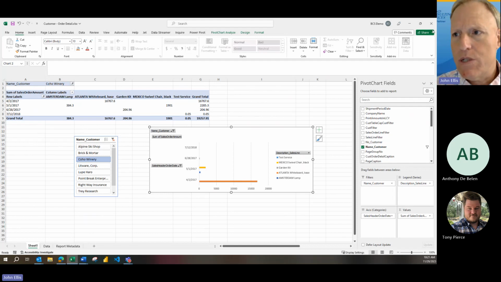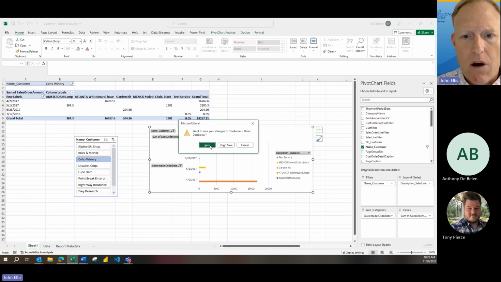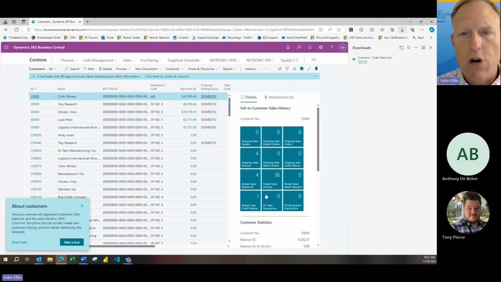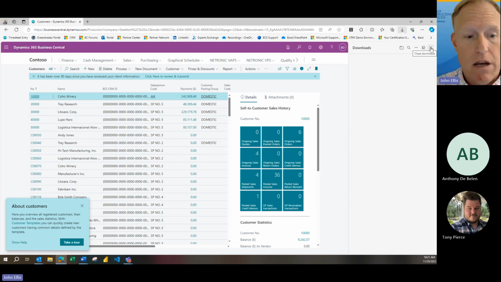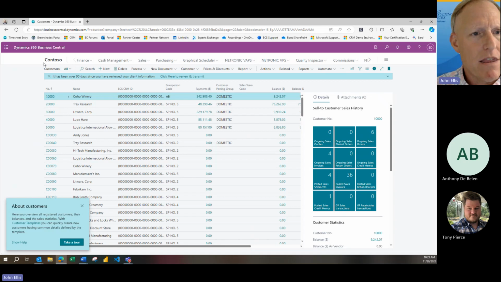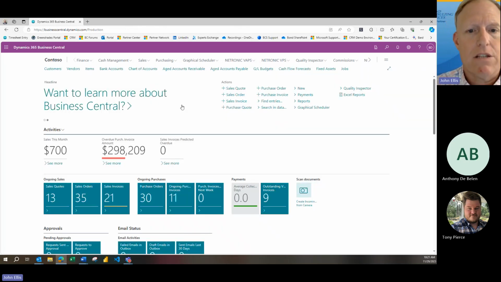So I'm going to go ahead and close out, and I'll save this. That's all well and good, and go from there and go to the next example. Let me just remove this from the list over here on the right and close out of my downloads folder selection. I'm going to click the Contoso sample company name here in the upper left to get ourselves back to the